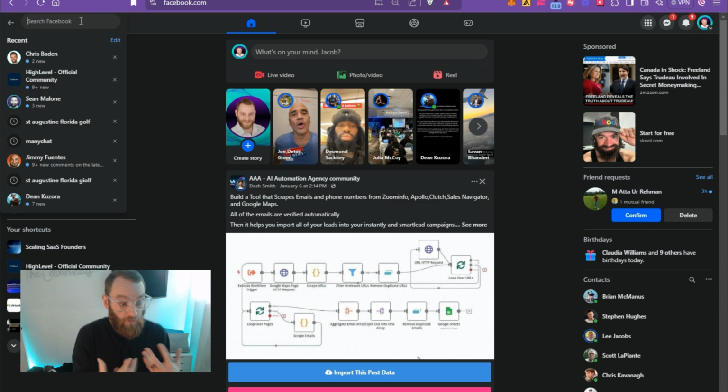If you're looking at professionals and high level net worth individuals, that's usually like LinkedIn. Roofers can still be on LinkedIn. Keep that in mind because they are business owners and a lot of them have high net worth. So that's another great platform. But for today, we'll keep it simple and we'll do Facebook.